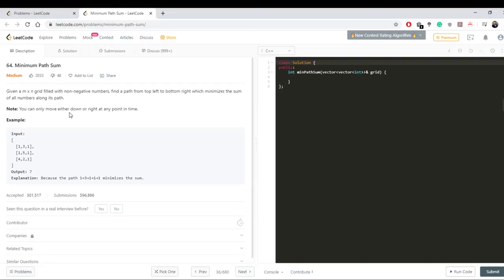In the matrix, you keep the minimum sum at that point. So you start from the top left. You copy the first row and the first column to your DP array. Then starting from the second row and second index, that is 1, 1, you iterate from left to right for all the remaining rows. And you keep the sum as the minimum of